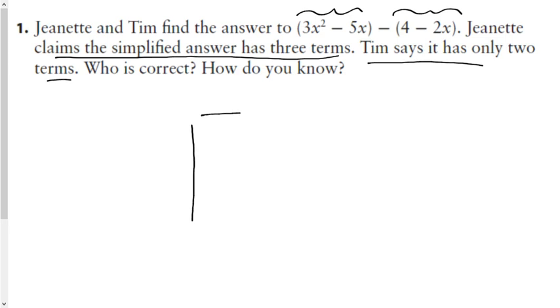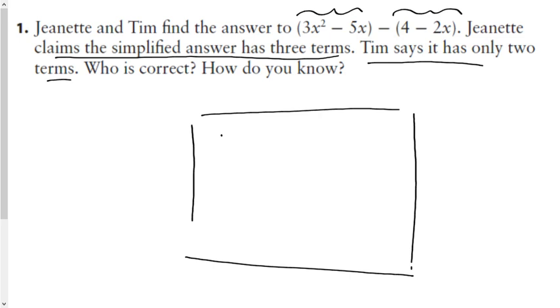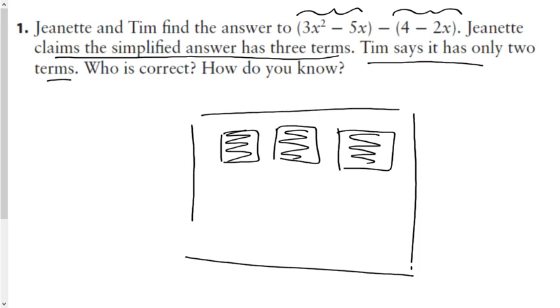The first way is we can actually figure out how to model this by drawing 3x squareds and drawing negative 5x's. So this box represents the first binomial. And if I have to take away from this a positive 4, if I look here, I don't have any positive 4s, do I, to remove. So if I did want to put positive 4 in there without changing the value of 3x squared minus 5x, I could put in